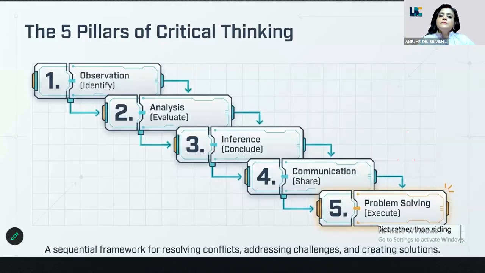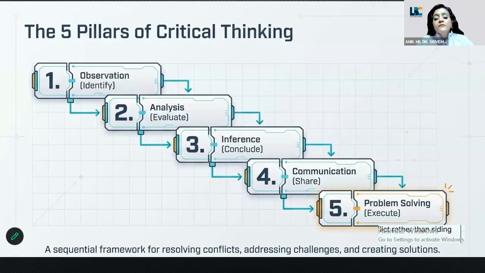Now, what are the different steps of critical thinking? First is observation. We need to identify the exact situation. If it is a problem, then problem; otherwise, task means task, or situation means situation. Observe. Second is analysis. Evaluate the situation. What is happening? Why is it happening? How is it happening? If it happens this way, yes, this is it. If it doesn't happen this way, it is this. So evaluation, that's the analysis.